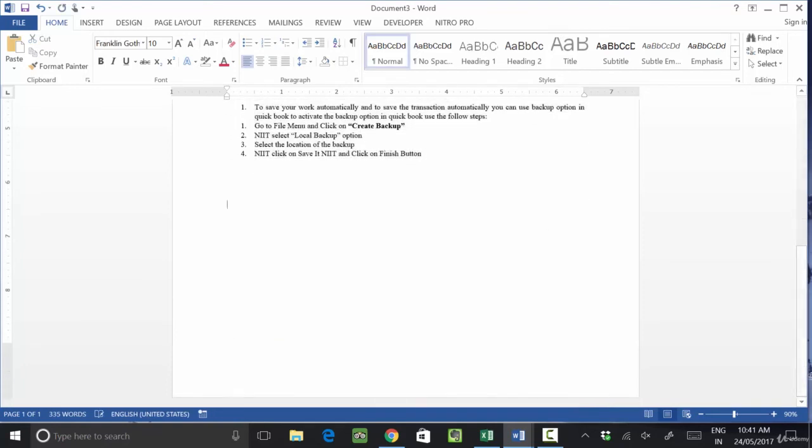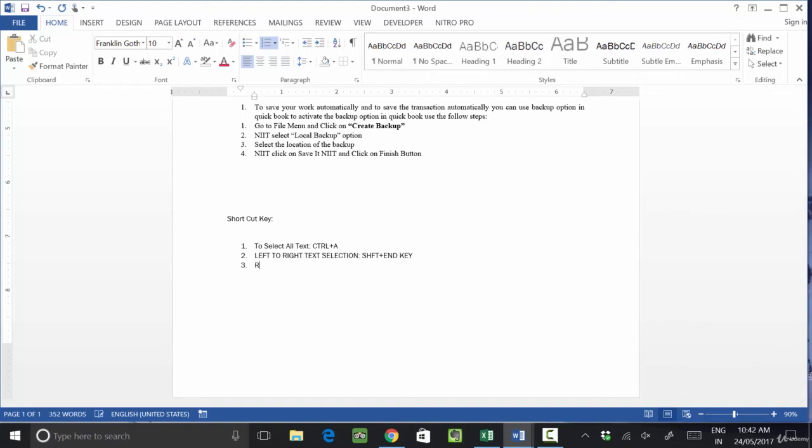Okay, so let's understand the shortcut keys. Number one, to select all text, it will be Control plus A. If you want to select text from left to right, we use Shift plus arrow key.